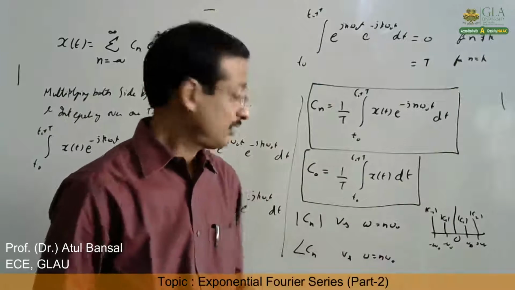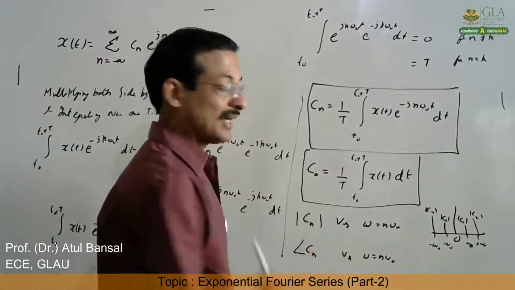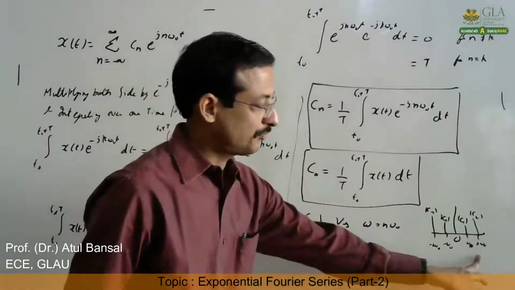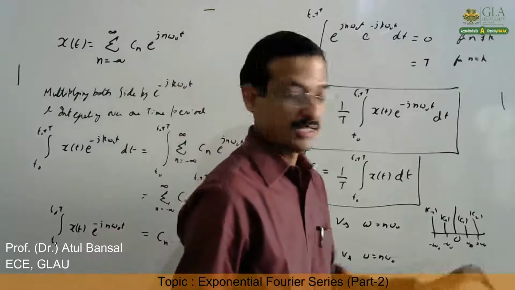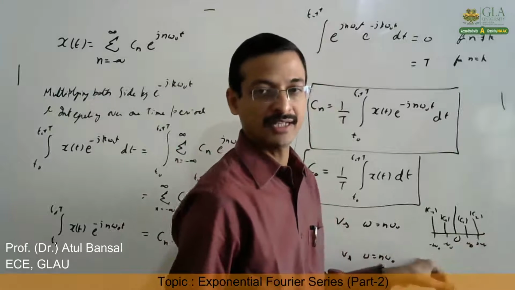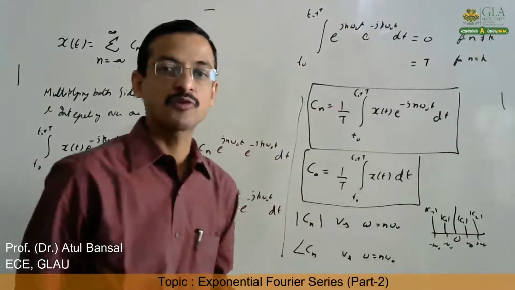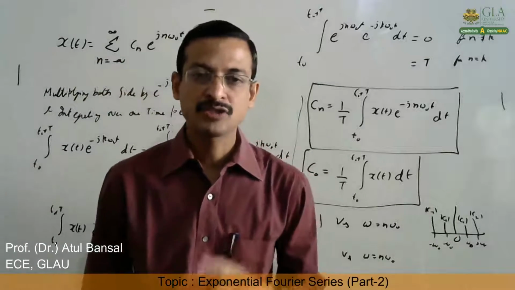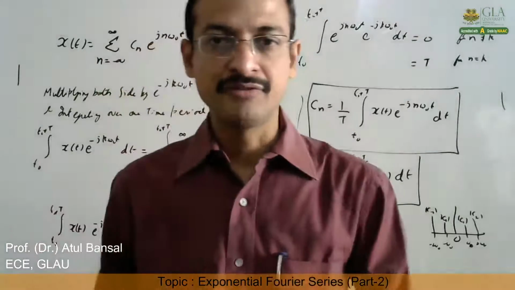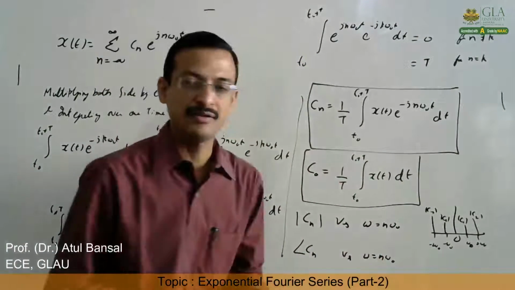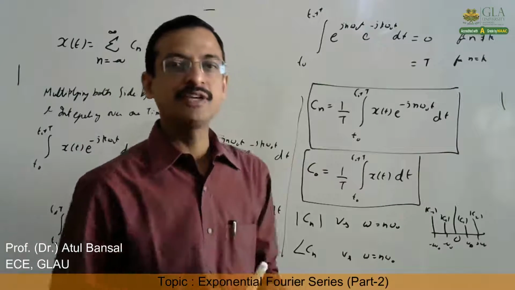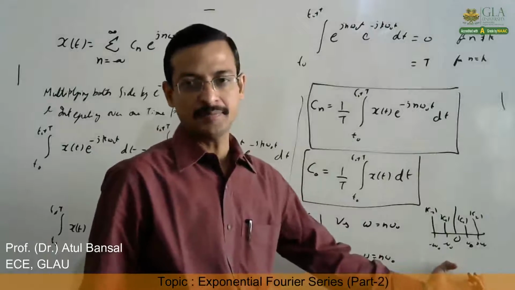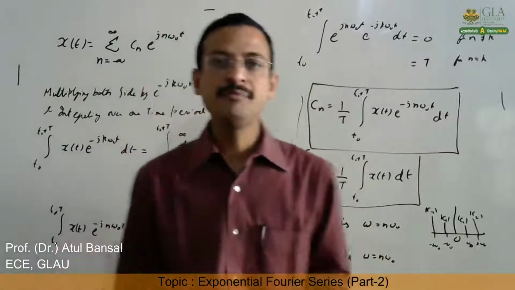Another important part is that this spectrum is a both-sided spectrum, because it lies on both sides of the y-axis. It is for positive values of frequency and also for negative values of frequency. Whereas in the case of the cosine series, the spectrum is only single-sided, because n is always positive. There is no negative frequency concept in the cosine Fourier series. So there we get a single-sided spectrum, but the exponential Fourier series gives us a double-sided spectrum. Right? So that is what we mean by Fourier spectrum.